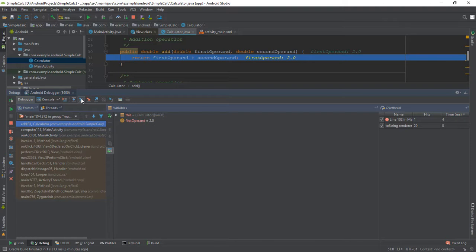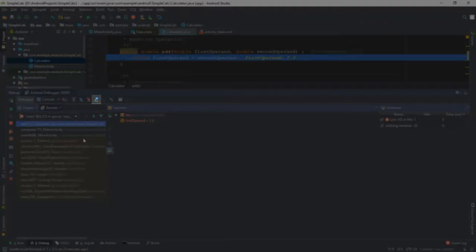Then click Step Into. The debugger executes the add method defined in the calculator class, opens the calculator.java file and scrolls to the execution point in that class. To pop back out to the compute method in main activity, use the step out icon.